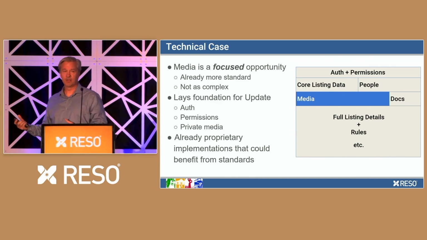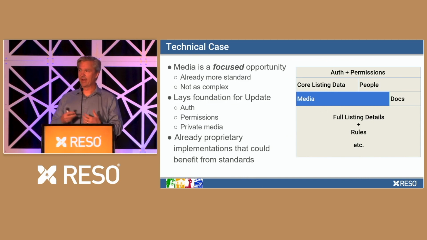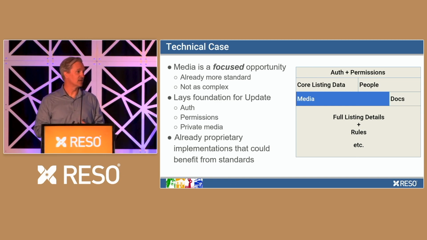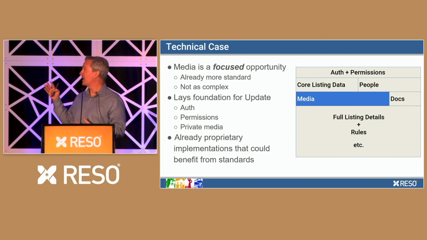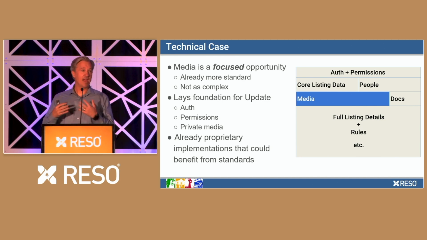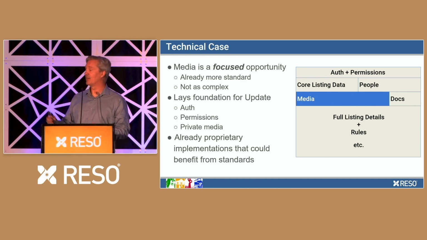I want to make the technical case a little bit as well. Again, as I mentioned at the beginning, updating an entire listing record is a very complicated situation because of the local differences and because of all of the local rules that exist. It's going to be achieved. We're going to standardize those processes, and that's great. But we can get a lot done right now with media because it is already a much more standardized set of data. And so I think if we can focus on that one use case, it will drive the business value, and we'll be able to lay a lot of foundation